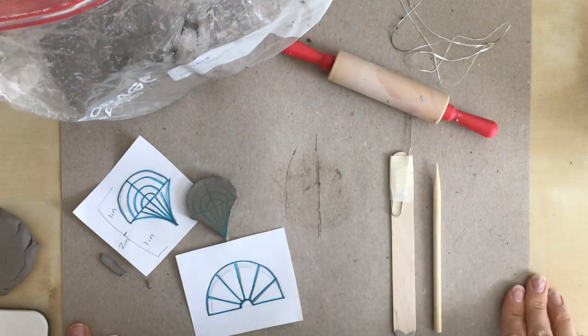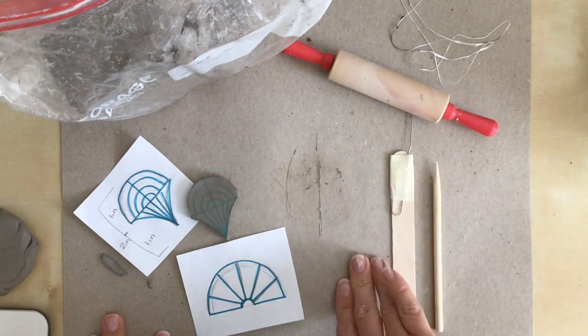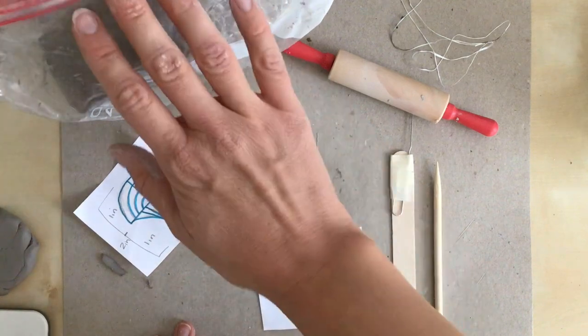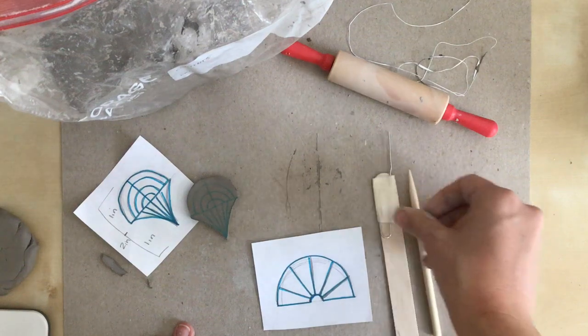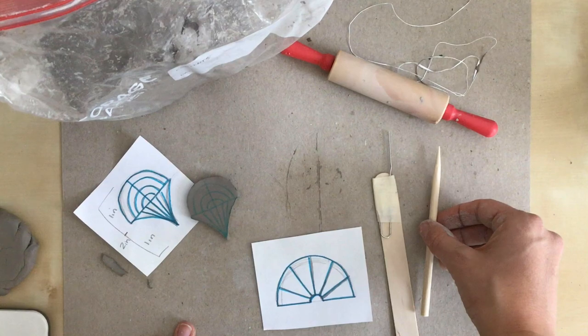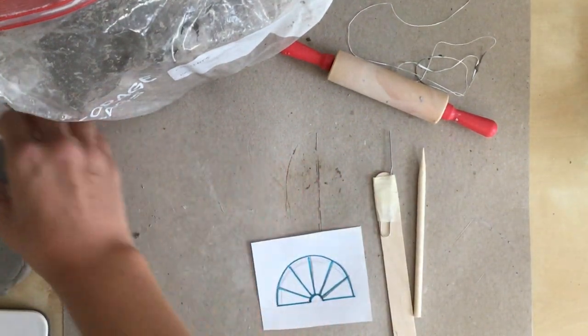Creating your texture stamps. For this, you're going to need a surface to work on, like a piece of cardboard. You're going to need your stamp designs, your bag of clay, something to roll, your floss to cut, your needle tool, and later you'll need your stick tool and any other carving tools that you like. So to get started, I'm going to clear my space,